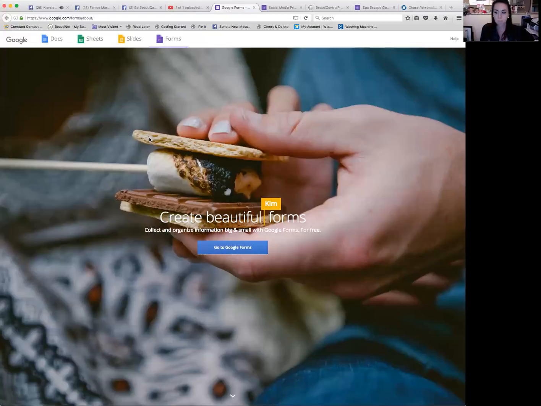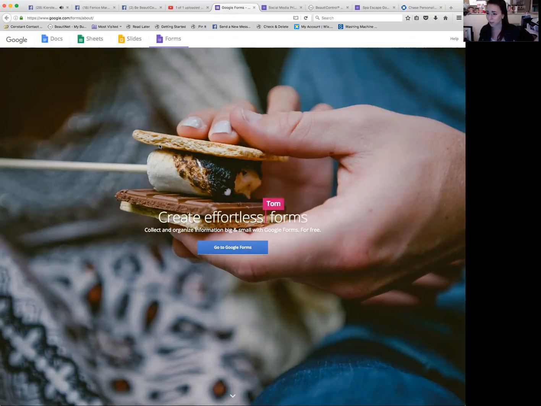I'm going to go ahead and share my page with you. This is Google Forms. So you can find this under google.com/forms. You will need a Google email address. So if you don't already have one, you might want to get a piece of paper and a pen and write down to do today. Make a Google email address.